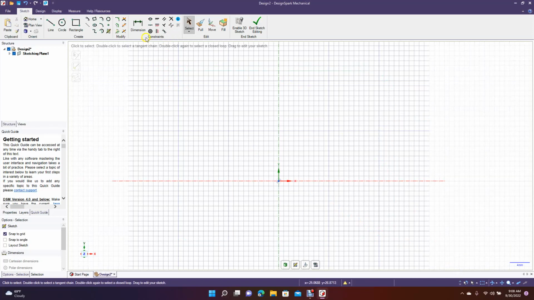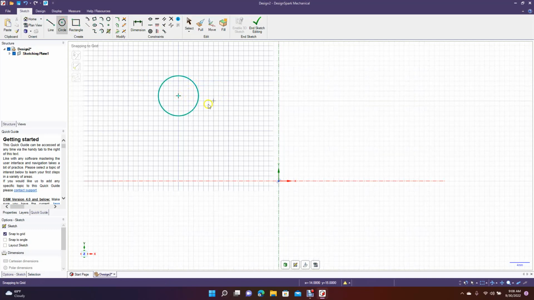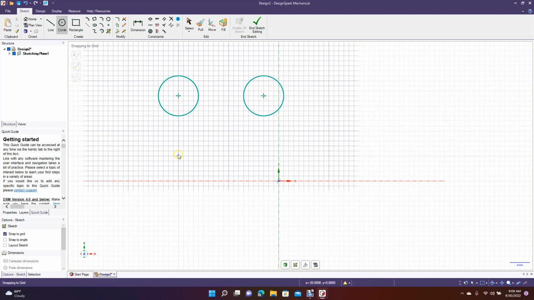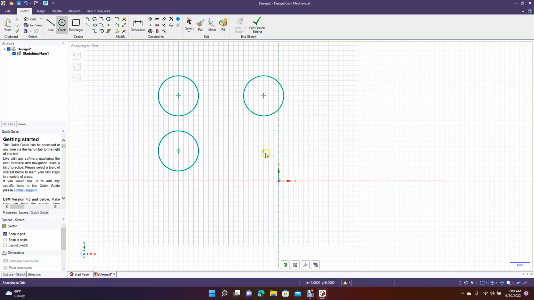Basically, you have to have a set of items, and that's what it says here. It says apply an equal distance constraint between 2 sets of sketch entities. So basically, we'll stick with circles. So if you have, let's say, a point here, then a point there, and then you have a point over here. Okay, so if you have two sets of sketch entities and you want to keep this space here no matter